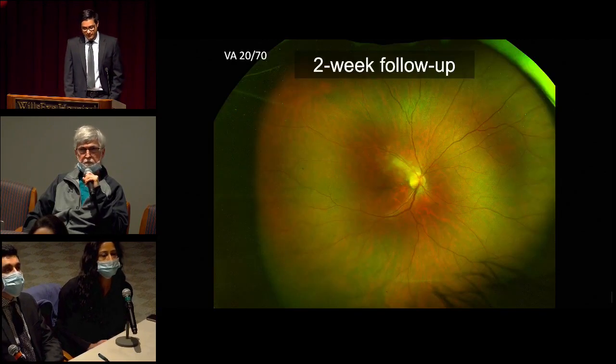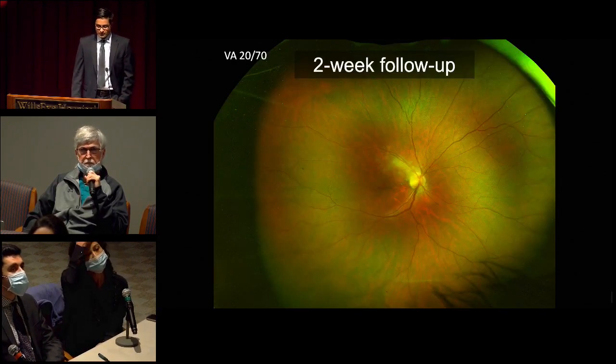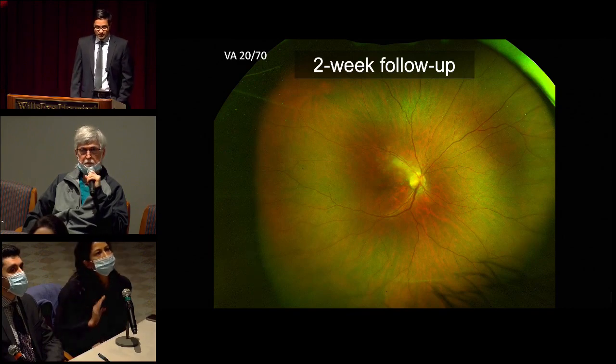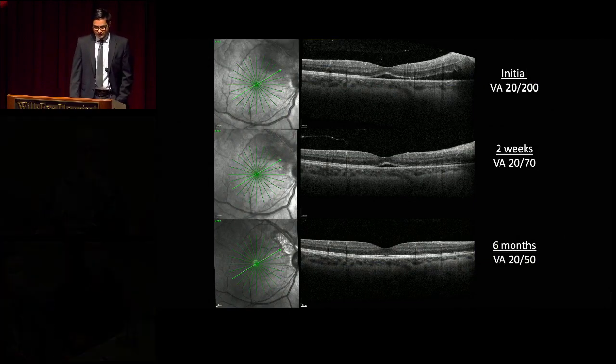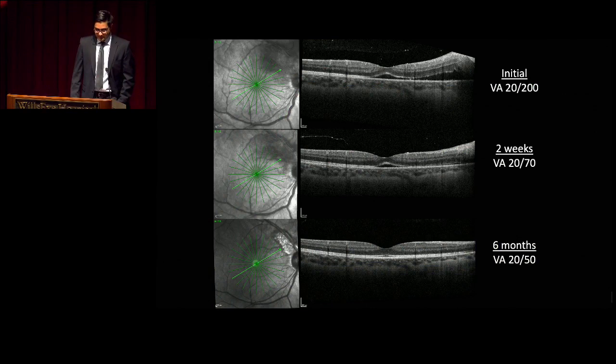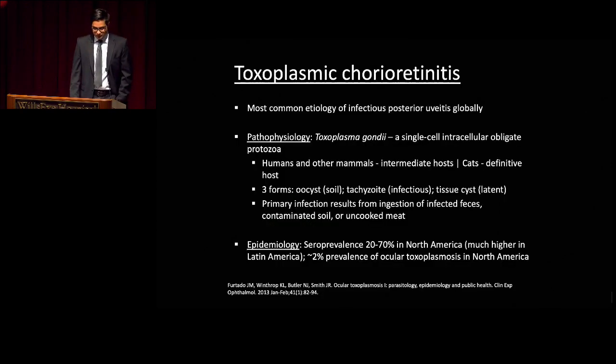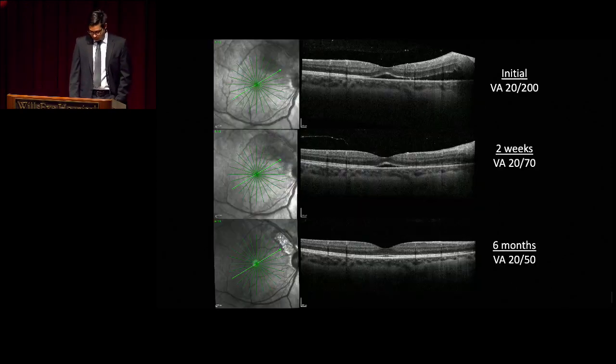So at 2 weeks follow-up, our patient's vision had improved to 20/70. He also had some improvement in the overlying vitritis. And on serial OCTs here, we see that by 6 months follow-up, the vision was 20/50, and he did have this chorioretinal scar juxtapapillary. That, if you go back one slide, so it's a nice example, those top two images